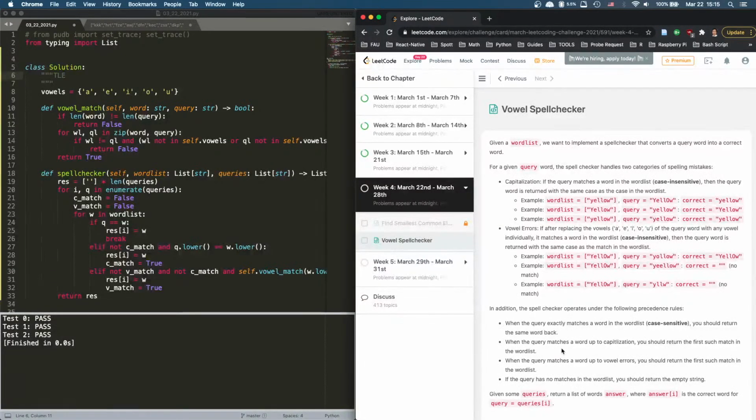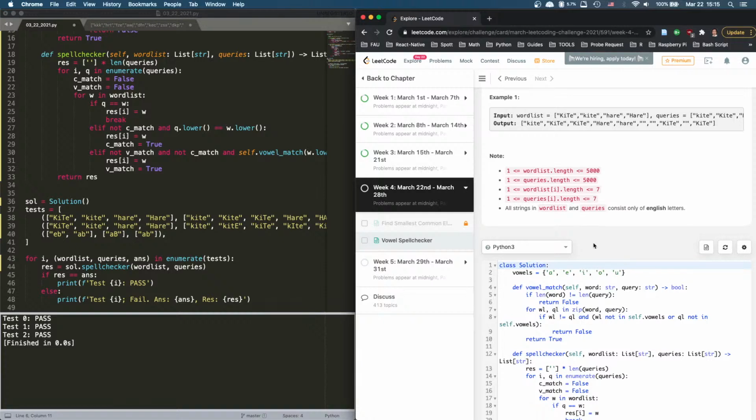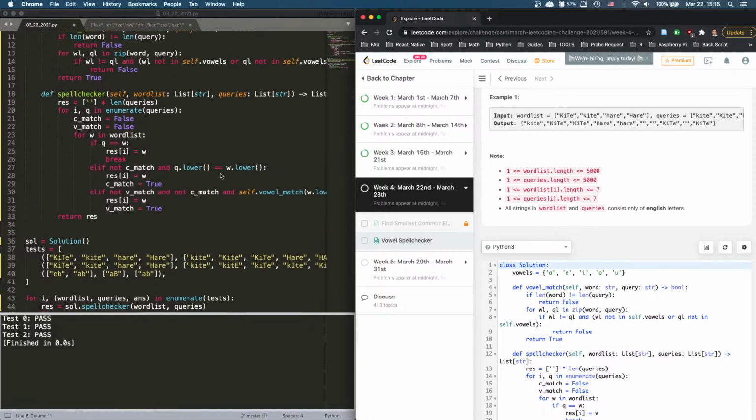So TLE, that means we cannot loop all the time, right? Well, we do find, I mean, let's think. What we can do, hold on, we cannot... I mean, we know there might be repeats, right? There might be repeats. So we have the query, and